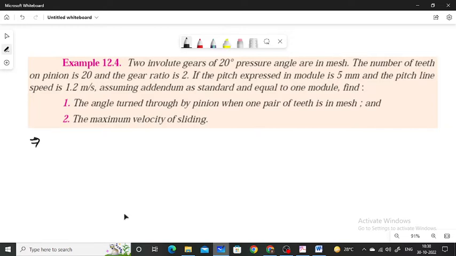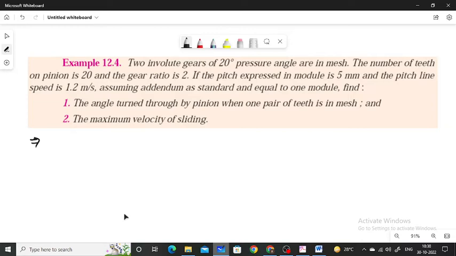Two involute gears of 20 degree pressure angle are in mesh. The number of teeth on pinion is 20 and the gear ratio is 2. The pitch expressed in module is 5 mm and the pitch line speed is 1.2 meter per second. Assuming addendum as standard and equal to 1 module,